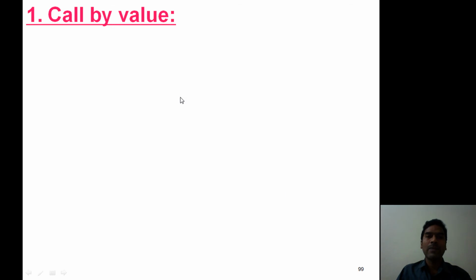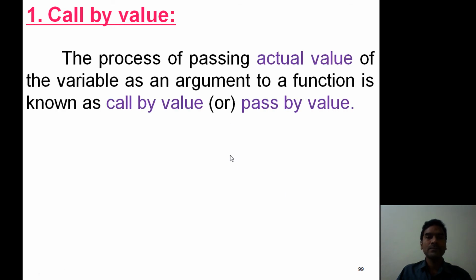First one, call by value. The process of passing actual value of the variable as an argument to a function is known as call by value.